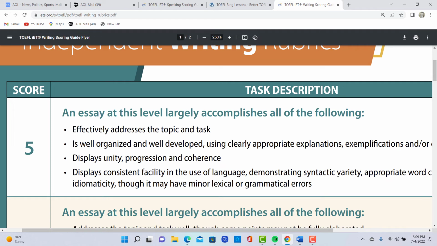All right, and thank you for doing this practice test. If you want a little bit more help, it just depends on what you want to do, but I do have some services. I think probably a couple of private lessons is all you need. Maybe one more for the independent writing task, and maybe a private lesson for the integrated writing task. And that's it. And you get 30 and you move on.